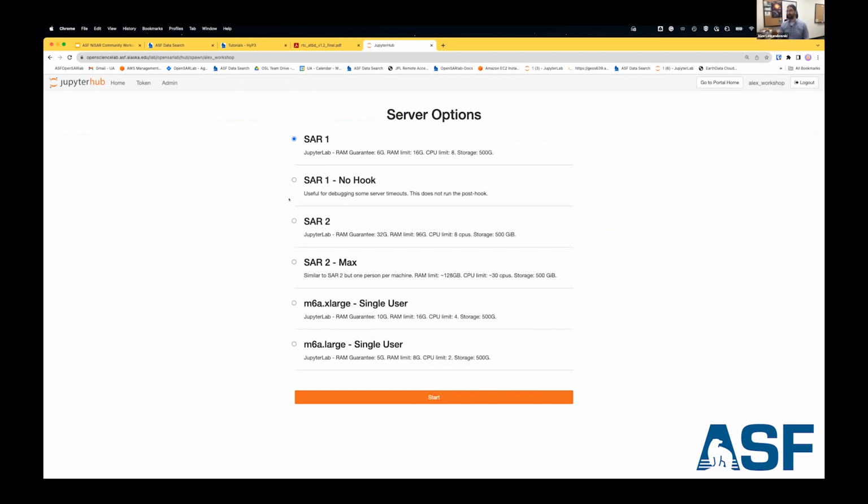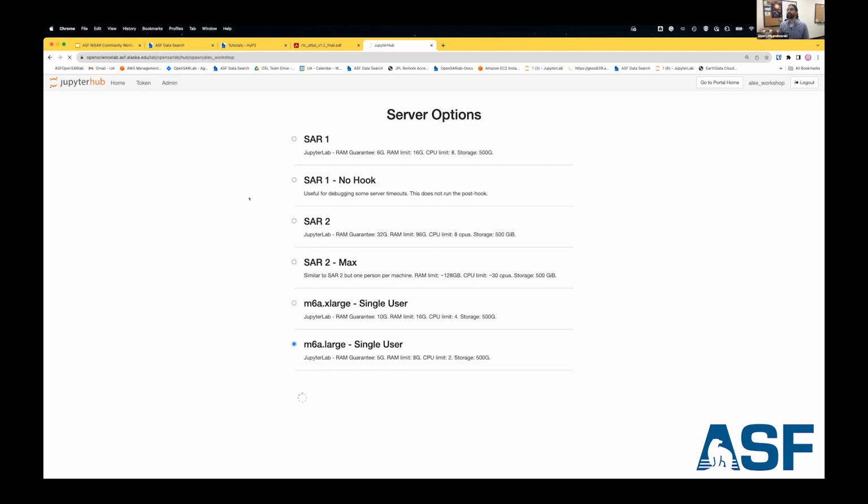And so the SAR1 is a shared profile. So it puts multiple users onto the same EC2 instance in AWS. And while generally this works very well for our users, we have run into some issues in workshops like this where everybody is going through the same operations at the same time. Sometimes those shared instances' memory can be overrun and people end up getting evicted. So for the purposes of this workshop, I recommend using the M6A large. We've tested this, and the M6A large is large enough to support building the environment and the notebooks that will be running. And this is a single user instance, so there will never be any sort of conflict between users competing for resources on that machine. So I'll select the M6A large single user